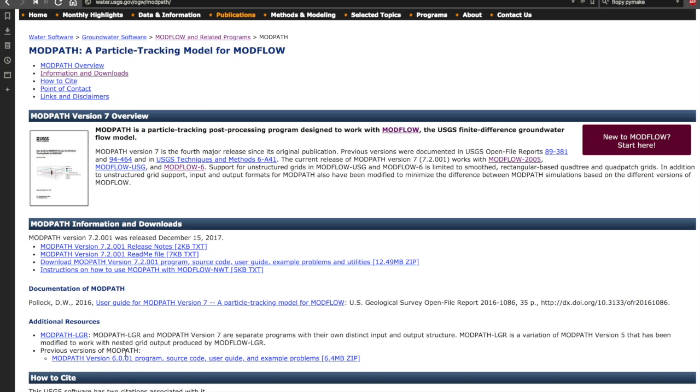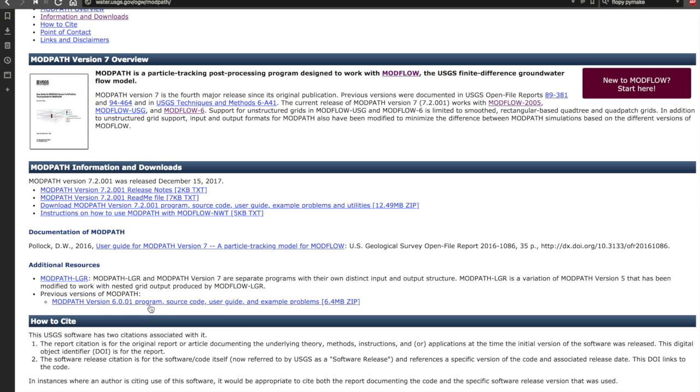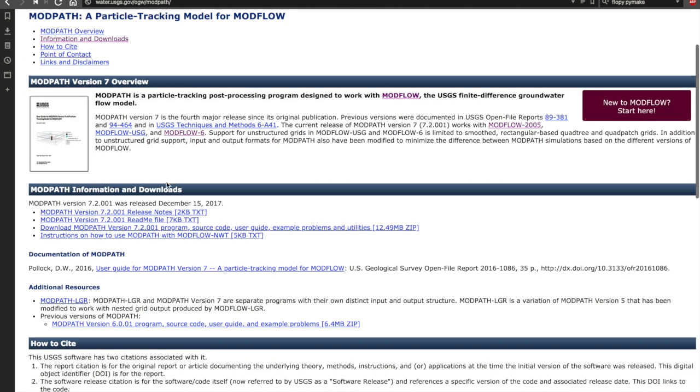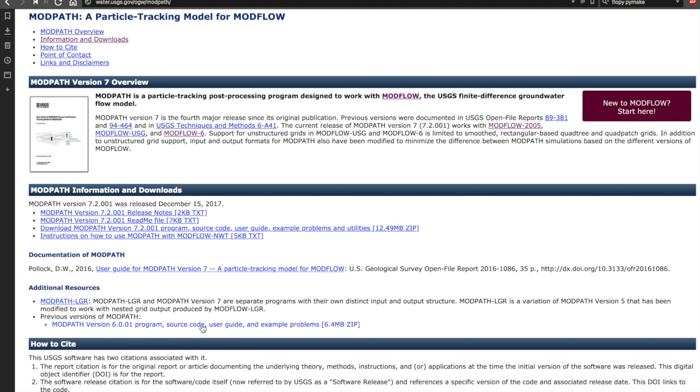Now last year we used ModPath version 6. We're going to continue to use ModPath version 6. Basically, I think we're in a kind of transition state with regards to the MODFLOW integration. So we'll just keep going with ModPath version 6 for this year. If you're on Windows, you want to go ahead and download this, and what it will look like is